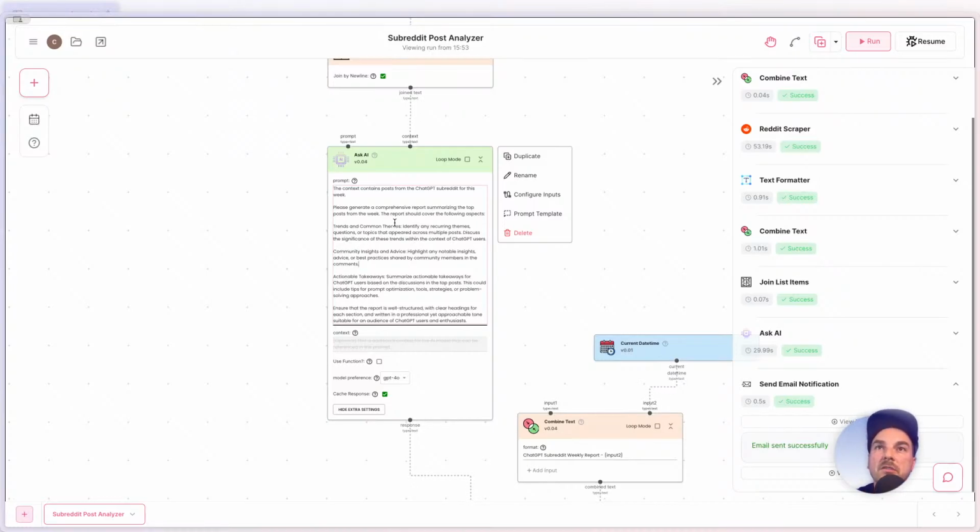Please generate a comprehensive report summarizing the top posts from this week. Great. Now what I would want to do is the report covering the following. Let's see, if I don't want to do a summarization, I'll just say, please generate